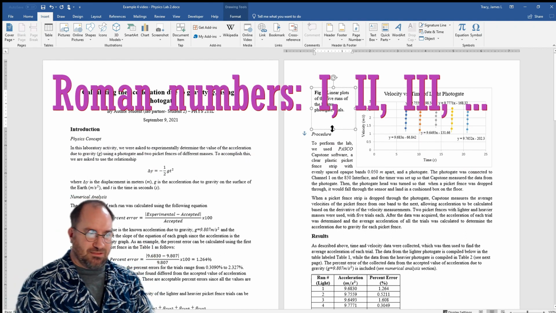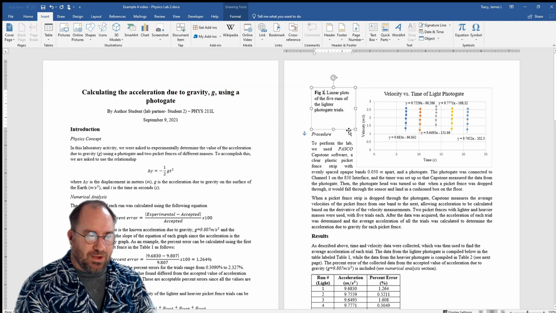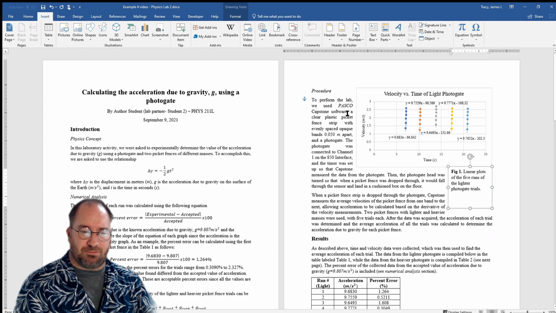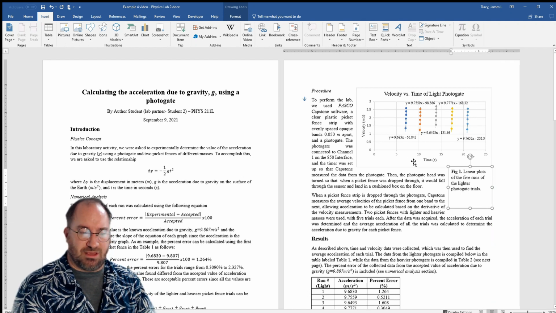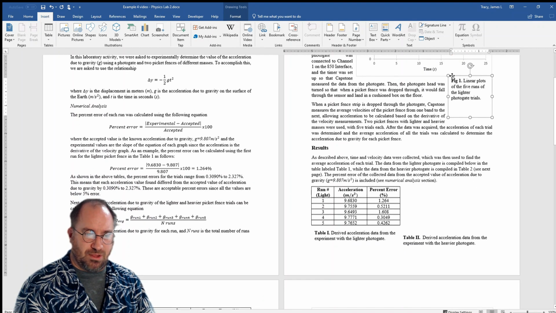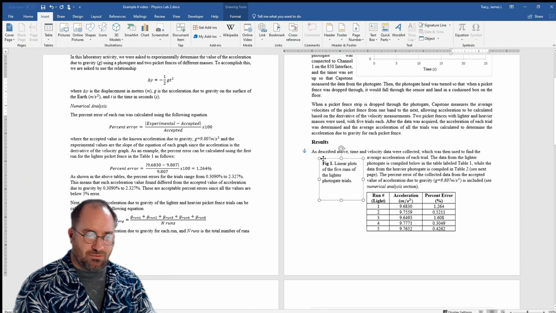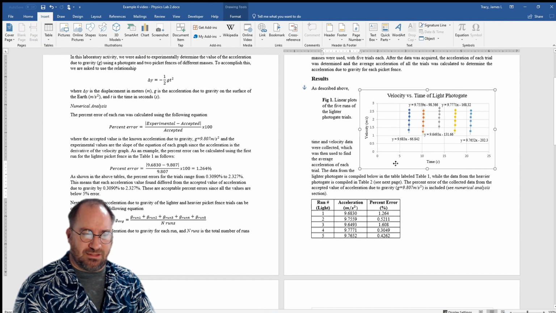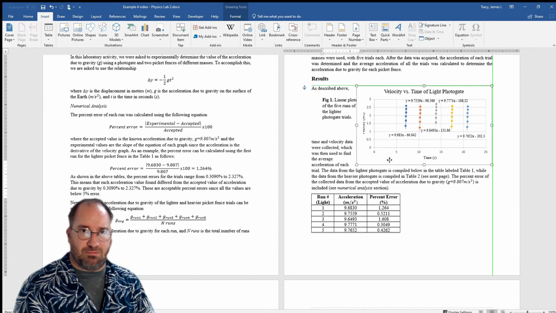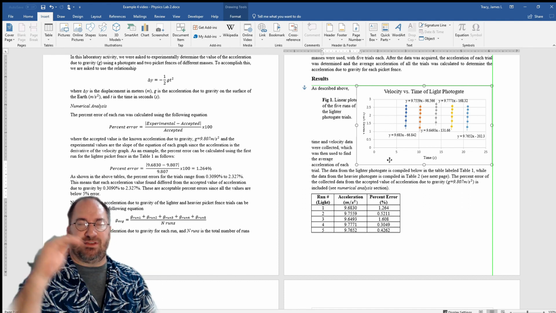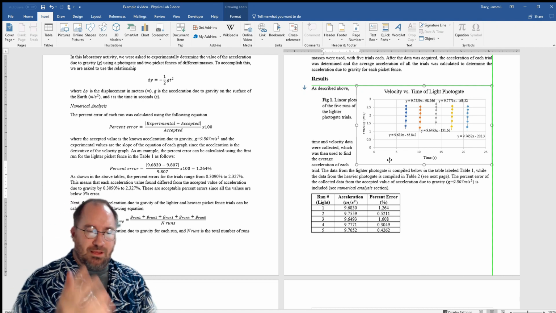So that's the idea. Another way to do this, of course, is to just bring this over here. Now we start running into issues here because we're in the middle of procedure and we're trying to format this in the procedure area. So it might be nicer to just drag it down further and get it into the results section. Let's align it with the top of the results section. So as we come down here, it's going to move around, as you can see. And the green line is not just going to align it with the margin. It's going to align it with the top of a given paragraph. So let's place this here,